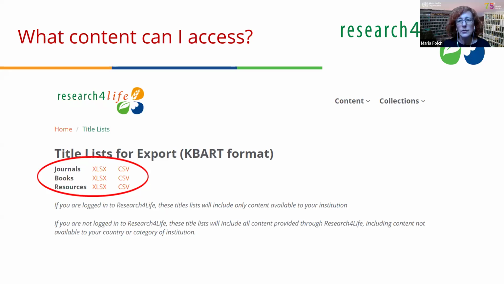I strongly suggest logging in before exporting this list, because if you are logged in, you get the list that includes only the content available to your institution. If you are not logged in, you will get a huge list of all the titles of all the publishers that offer their content to Research4Life, which may not be available for your institution.